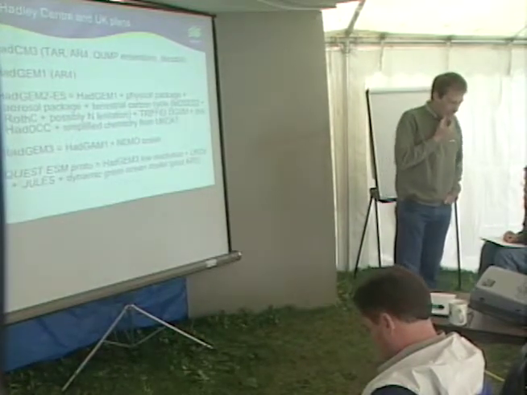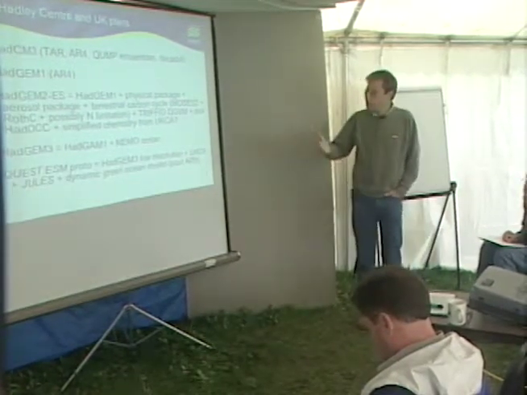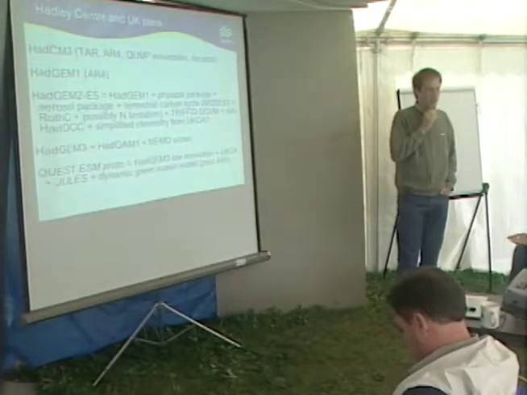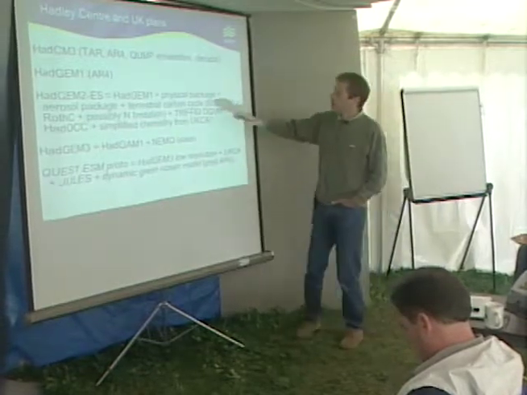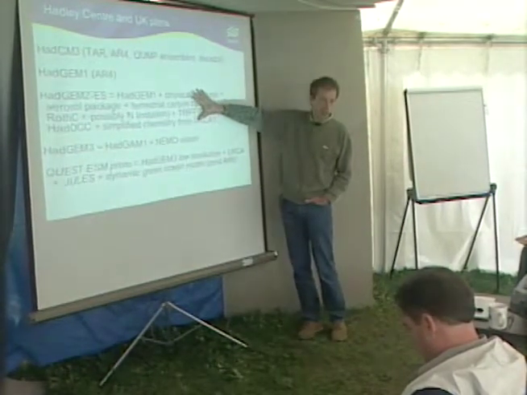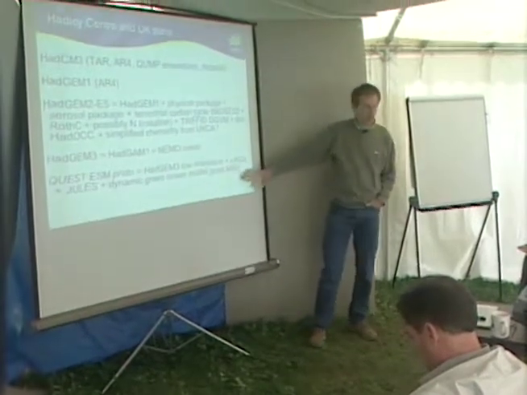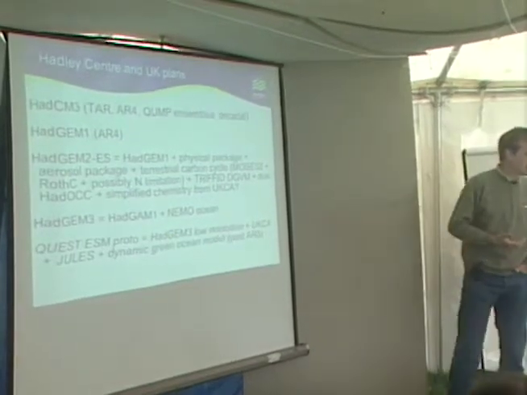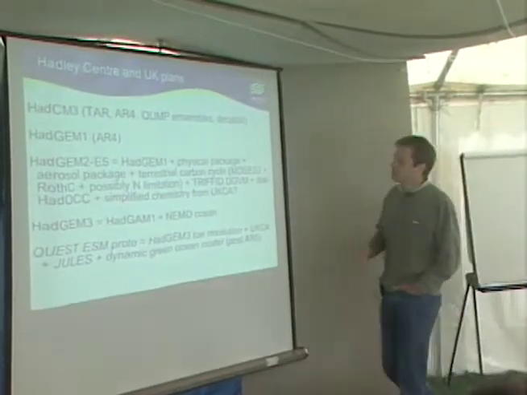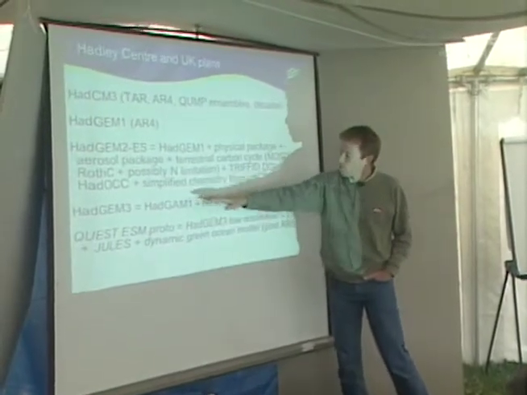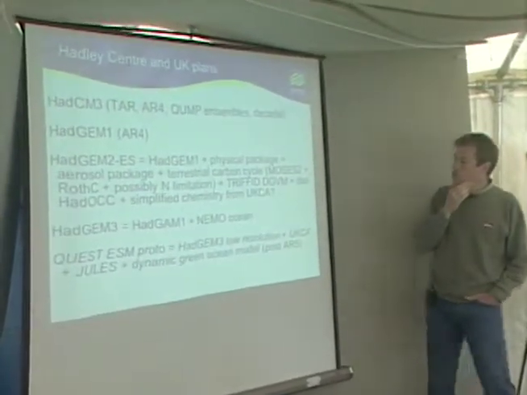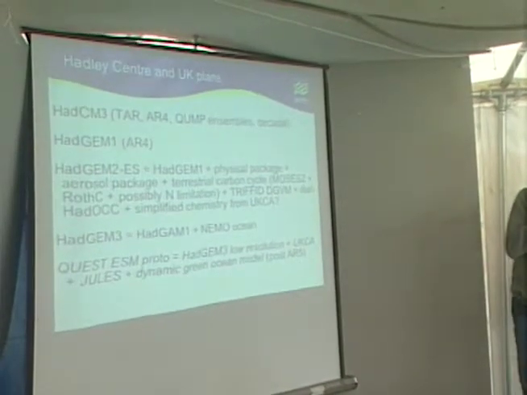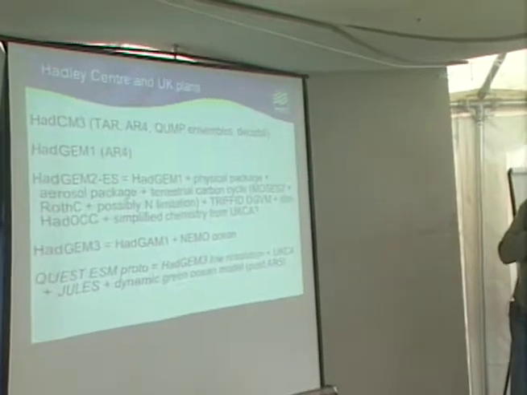At the same time, Colin Prentice and the QUEST community is working on a prototype Earth system model, which will be the next generation Earth system model as compared to this one. So again, that's post AR5. That's not for AR5. And there is more involvement of the universities in that model. And the idea is to use a hydrogen-free prototype to start with, but a low resolution to start with, because they're pretty much interested in paleoclimate as well, so they want something quick.